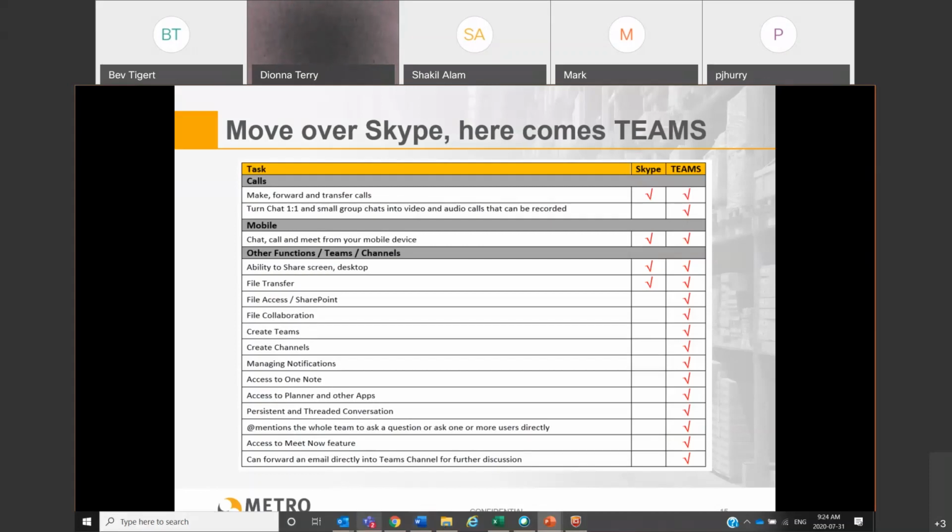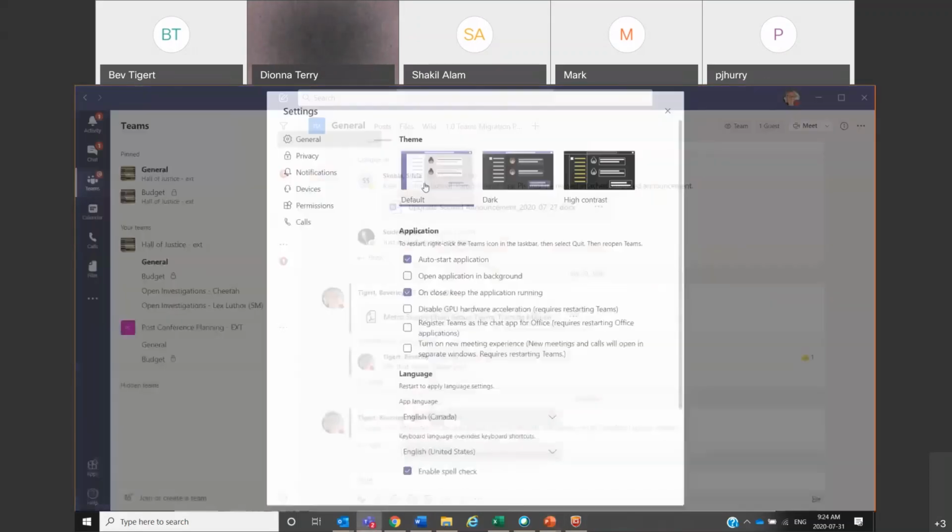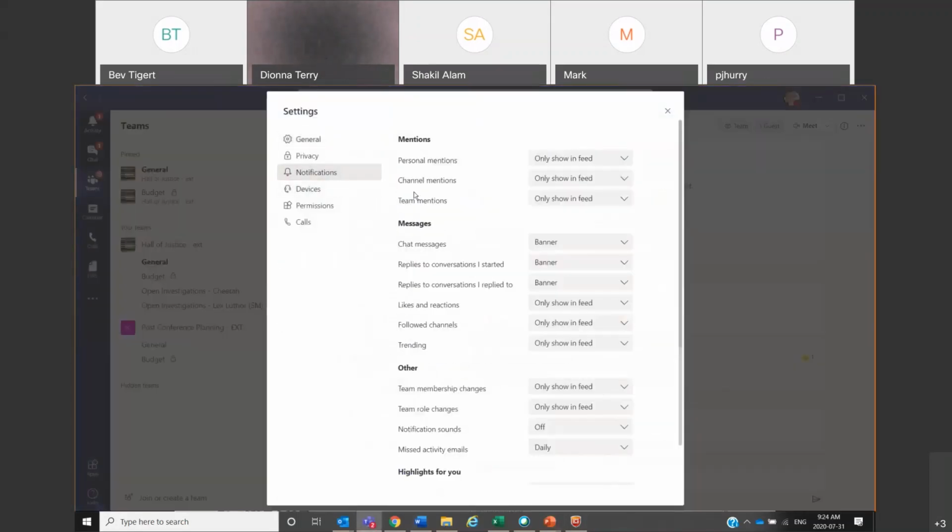If you'll remember, when we talk about our notifications here, right at the top actually, at mentions, whether it's a personal mention, so at your name, or channel or team mentions, they will receive it somehow. So there's no way anybody can miss any information when you're doing an at general, meaning channel, or a team.